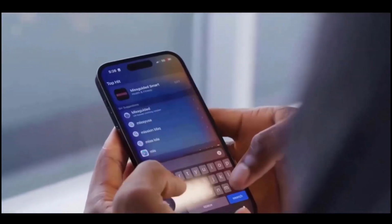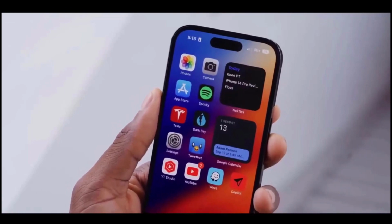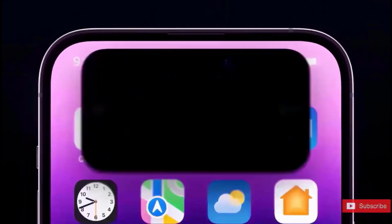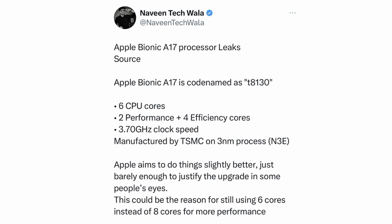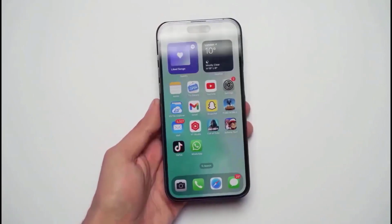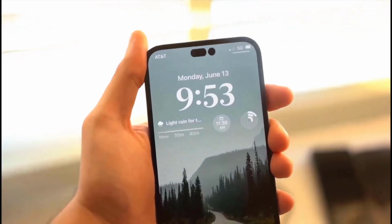Now we find a new hands-on leak of the new iPhone 15 Pro Max, as well as a leaked benchmark and other spec confirmations. We have the A17 leaked benchmark from Naveen Tekwala on Twitter, and he's posted a Geekbench result for the iPhone 15 Pro, and it indicates an incredible score of 3,269 for single and then 7666 for multi-core, which is far ahead of the next Snapdragon 8 Gen 3 in the latest Android phones, which gets 2200 for single and then 6600 for multi,